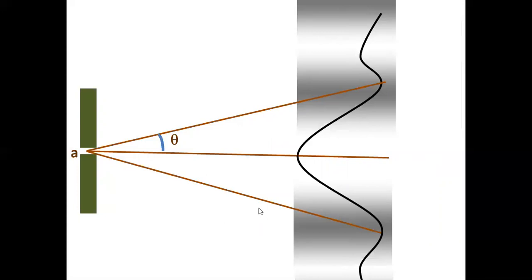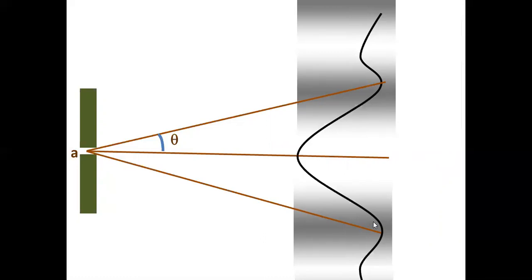Similarly, if you want to know how much length the central maximum has, you should start from the upper dark fringe to the lower dark fringe, till that is the brightest fringe. The central maximum extends from this dark n equal to 1 to this dark n equal to 1. Both are n equal to 1 on either side. That means if you are finding the width of the central maximum bright fringe, you have to apply the condition for the dark fringe.